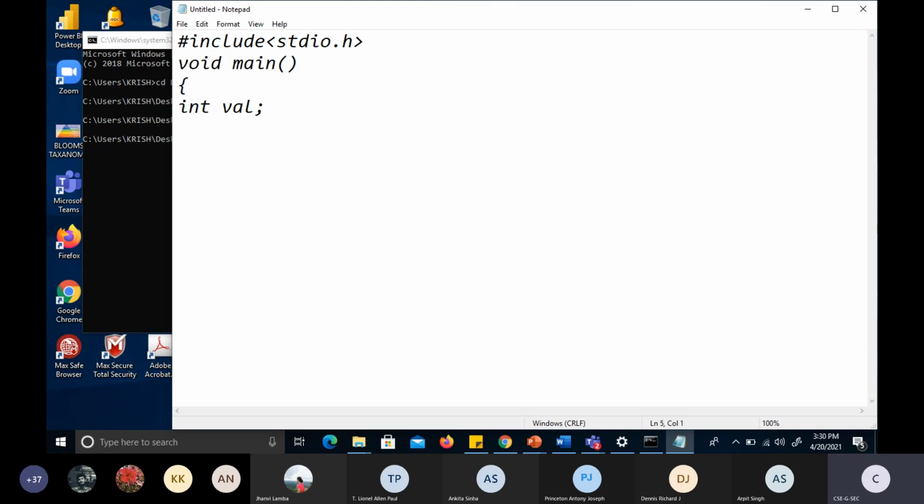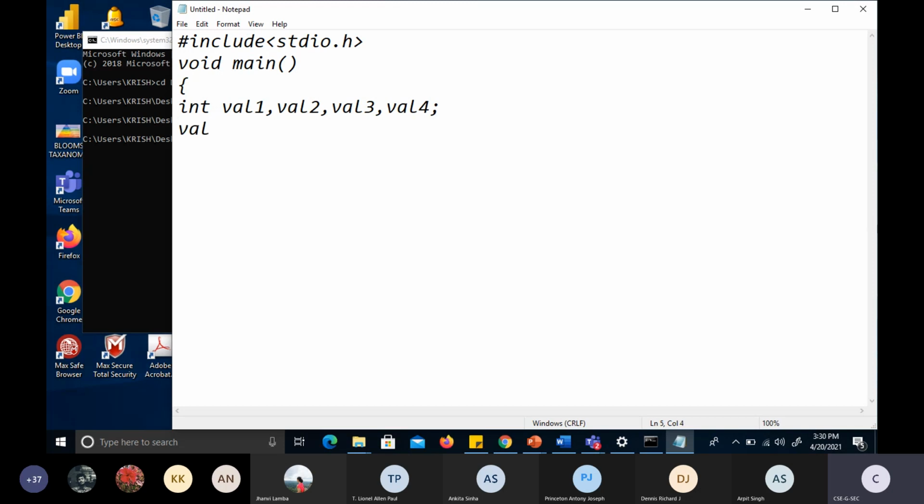So what I will use here, 4 different variables I'll use. So far I have not taught you the array concept. So val1, val2, val3, val4. If you wish to specify some other data types, you can use that many number of variables.